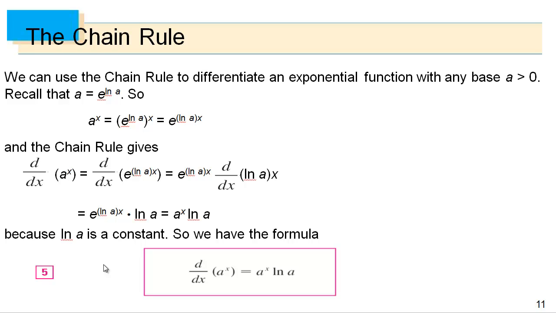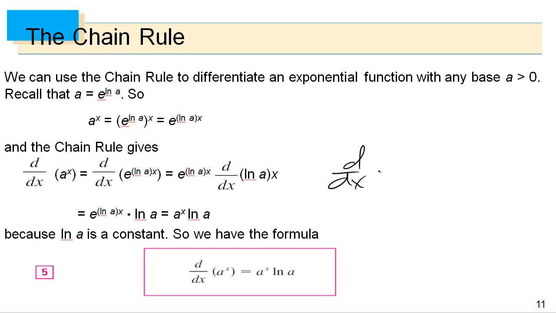Okay, we can also apply this to not just e to the x, but a to the x. We've already kind of seen that as we took derivatives of different numbers to the x, we ended up getting that, like we did 2 to the x and we got, I think it was like 0.69 times 2 to the x, and then we did 3 to the x and we got 1.0 something times 3 to the x, and we looked at a couple others and we noticed that it was always still a to the x but then times some number, and it turns out that number always ends up being the natural log of the base,